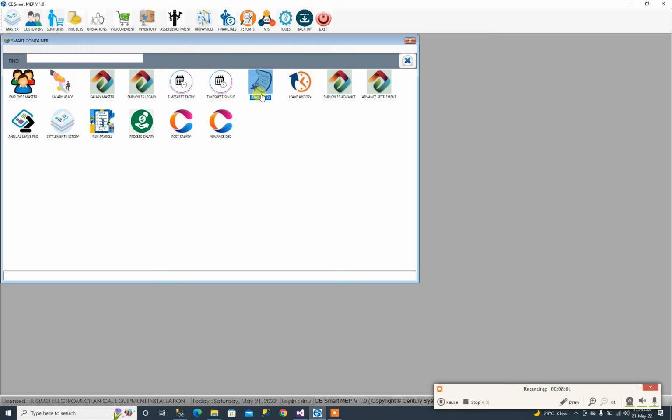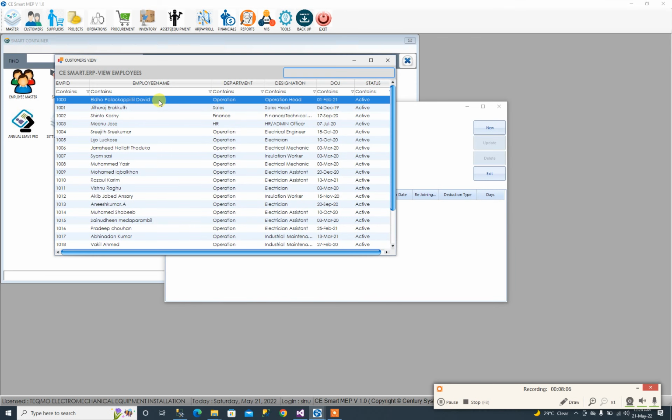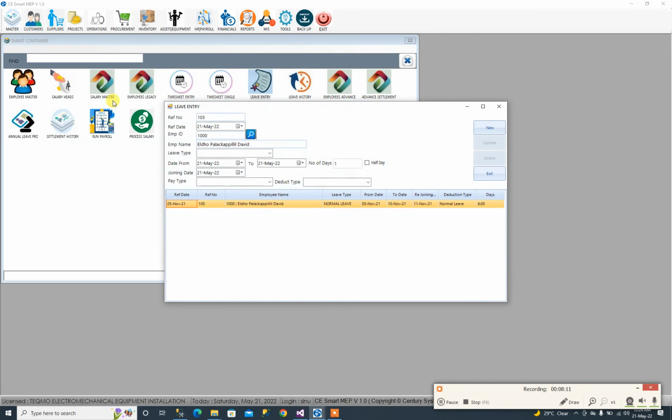Now here we have the option for leave entries. So when employees are going for vacation or taking any sick leave or annual leave, we can add all their information here. We can choose the employee. We can choose which type of leave: annual leave, absent, sick leave, normal leave. Okay, then you can put from which date to which date they need the leave. It will automatically show the days, then the rejoining date, then the pay type,